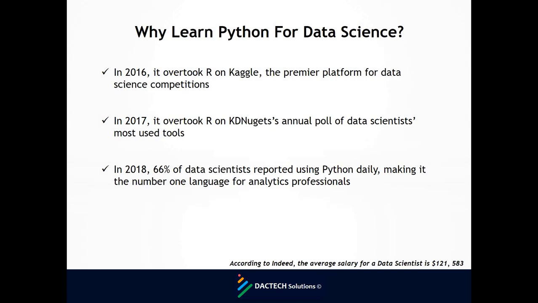Even I myself included, I don't think there's any day I don't use Python to do one or two things, okay? And it makes it the number one language for analytics professionals, because you can just quickly grab a Jupyter notebook, write a few lines of code and do a quick QC on your data, because Python is, like I said earlier, human readable, human friendly, the syntax is great. You don't have to learn complex documentation before you start doing something with Python.